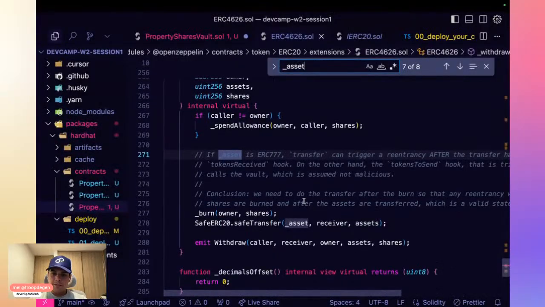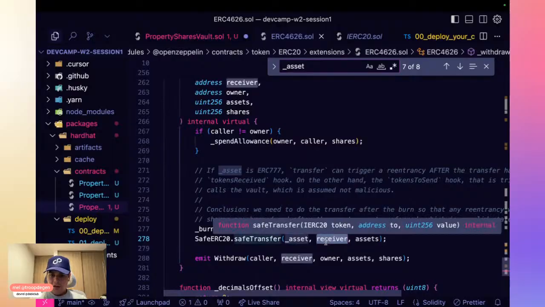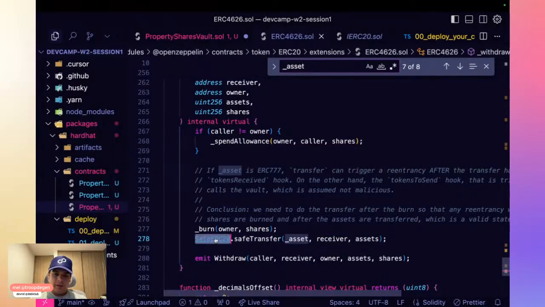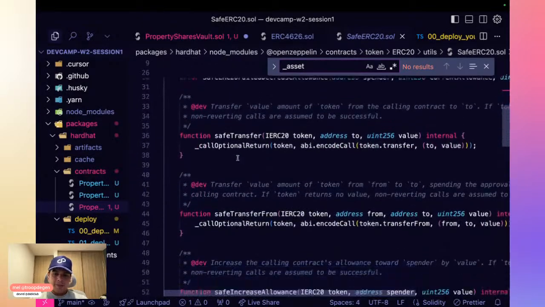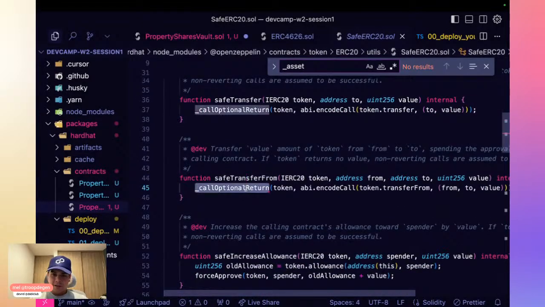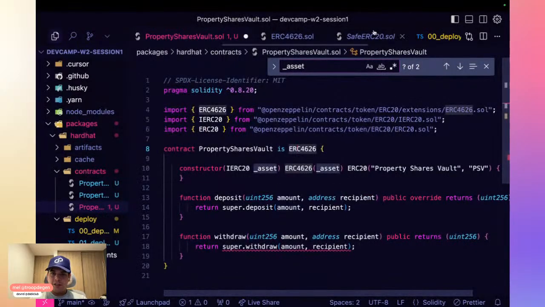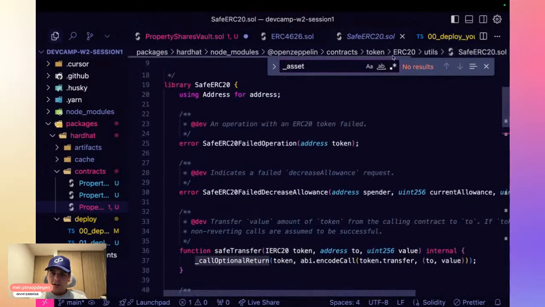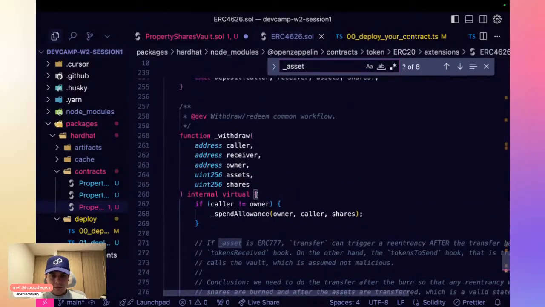This is just a specific implementation of the ERC20. It's a bit safer because it handles other best practices, and that's why they are using it here. In short, what's happening is that it's just sending your tokens to the minting first.